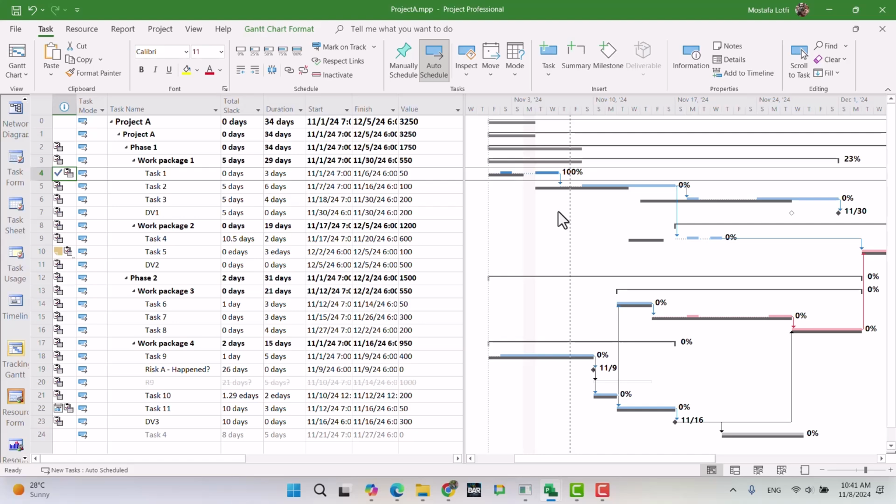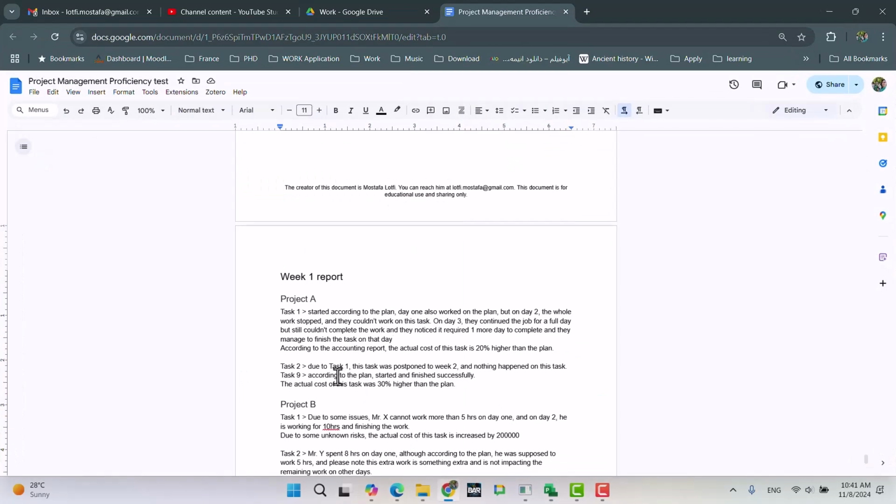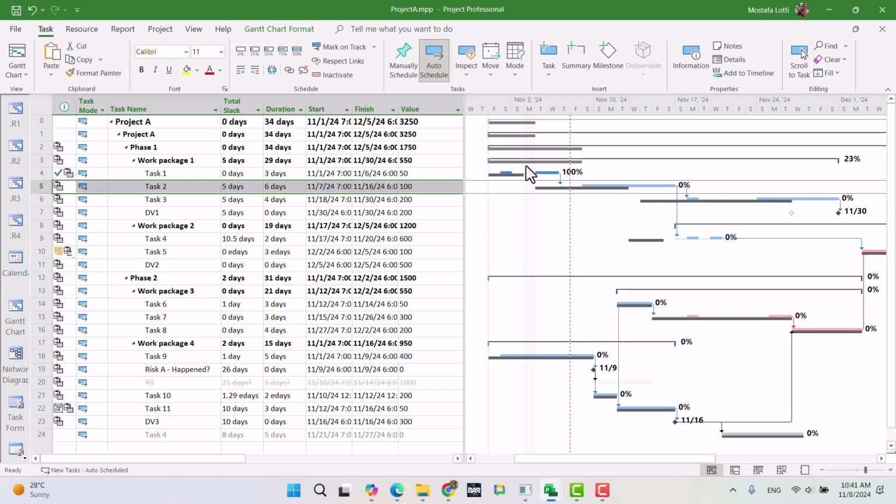Now this task, now look at what happened. Because task 1 had delayed, we couldn't start task 2. I hope I didn't mention starting the task. Due to task 1, this task was postponed to week 2 and nothing happened on this task. Yeah, exactly, that's the point. It's also mentioned in this report that task 2, they couldn't start. So what happened here is the delay on task 1 created the effect on task 2 and shifted task 2 to the next week. Okay,